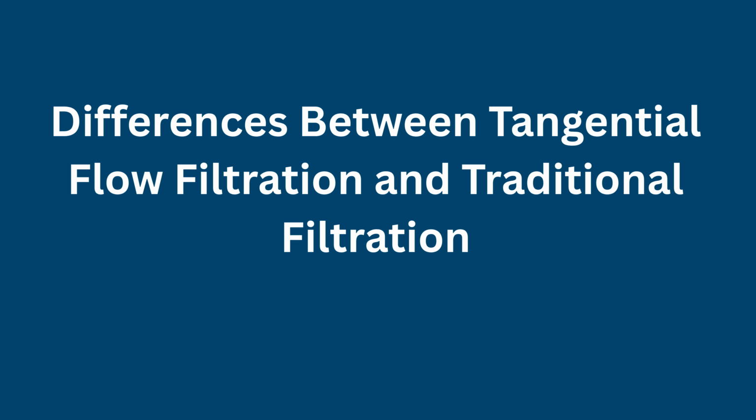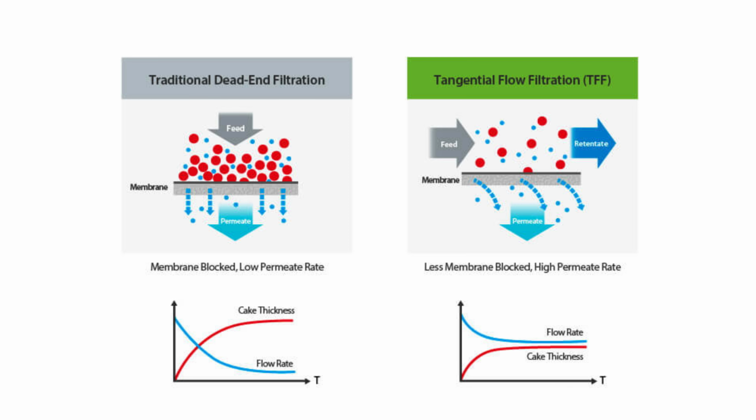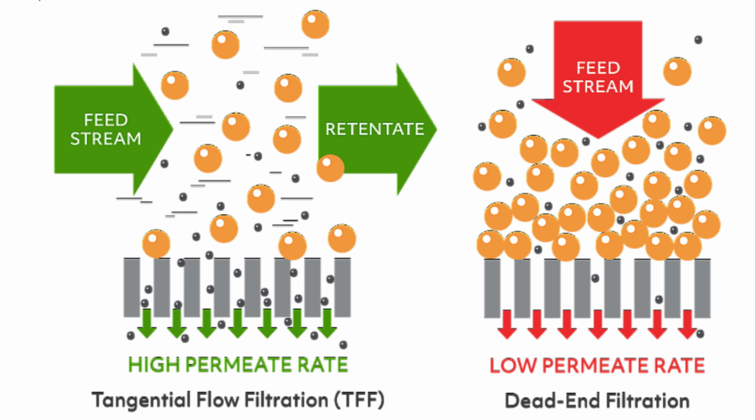Differences between tangential flow filtration and traditional filtration. Tangential flow filtration differs fundamentally from conventional dead-end filtration in both flow orientation and operational behavior. In dead-end filtration, the feed stream is directed perpendicular to the membrane surface, causing retained particles to accumulate directly on the filter medium. As the filter cake thickens, resistance to flow increases continuously, reducing throughput and requiring periodic interruption for cleaning or filter replacement. By contrast, TFF directs the feed stream parallel to the membrane surface,